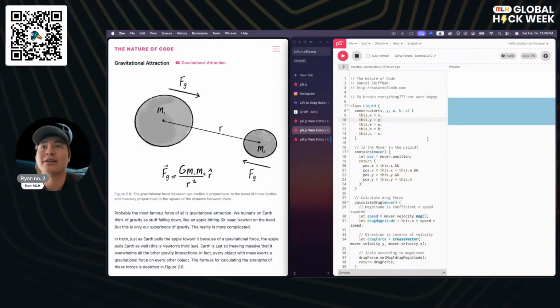One of the reasons why I like it is because at its heart, it's just a JavaScript library. So if you're trying to learn JavaScript, you can learn a lot of JavaScript through this, and all of the JavaScript things that work in JavaScript also work within P5, since this is just a library. This is something that we built yesterday. We built a drag force simulation kind of deal. Now it's not a perfect simulation, mind you, but it is an approximation.